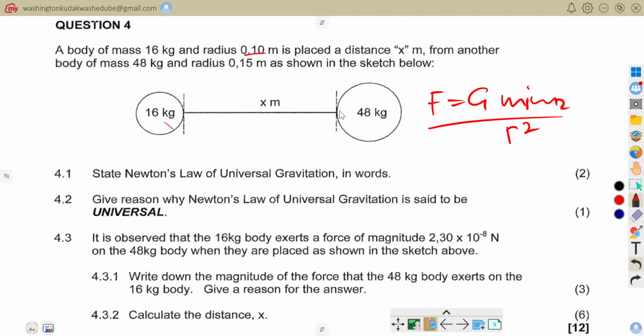That force of attraction is directly proportional to the product of the two masses of the objects, but inversely proportional to the square of the distance between them, which is the distance between the two centers of the two objects. That is what we refer to as R. So when you want to state this law in words, I would simply state that